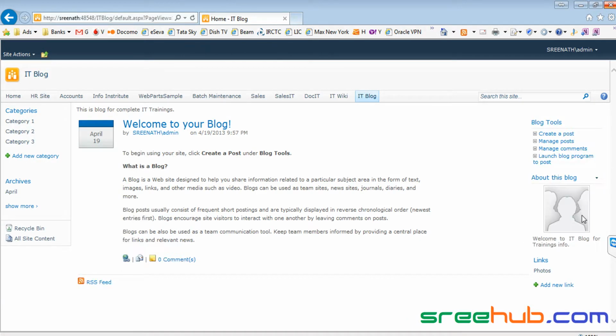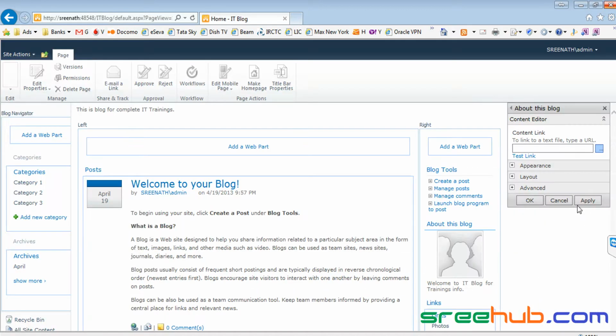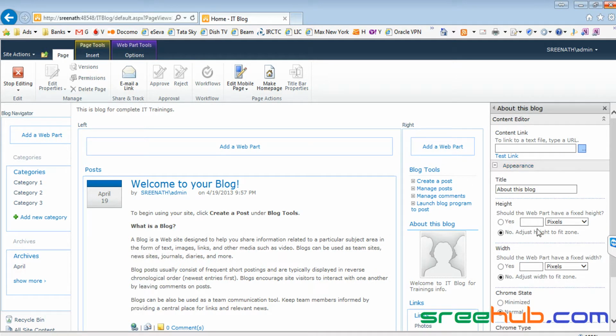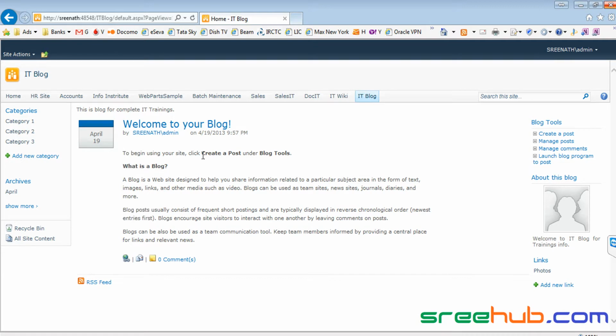You can also change an image if you want, and if you want to edit this part, it is same as editing something, like you can just say edit web part, right? So this part you'll get a separate link here, you can just change whatever you want, fine. So that is what we have in these web parts. And now let us start with the different components we have in the IT blog page, right?